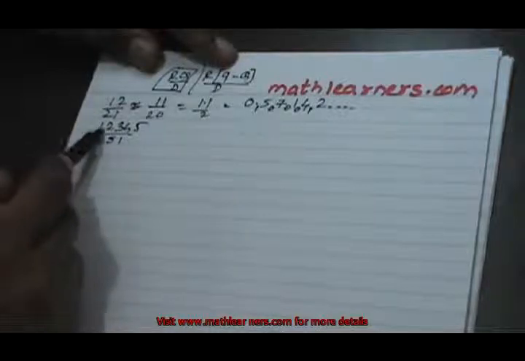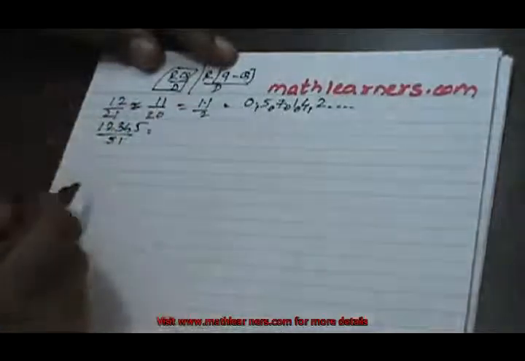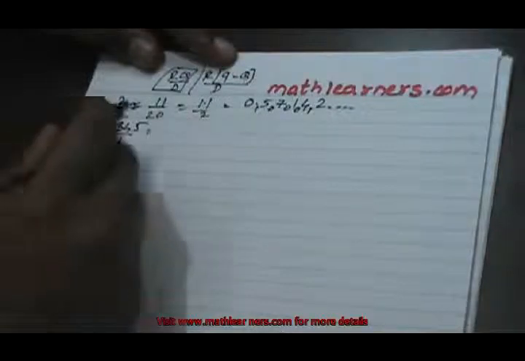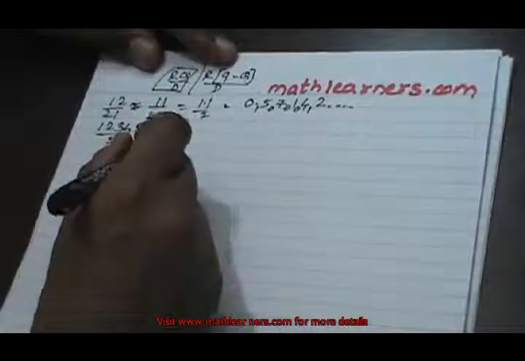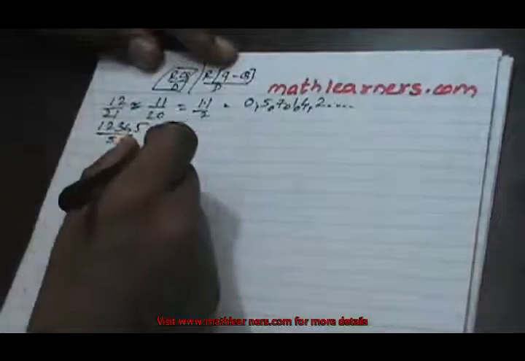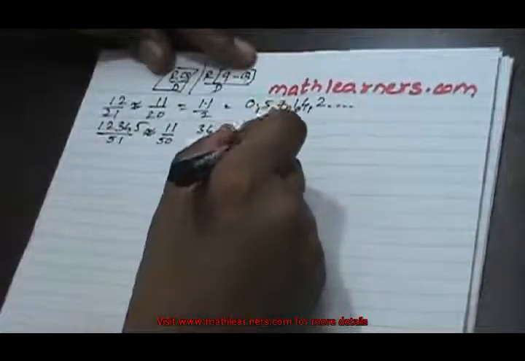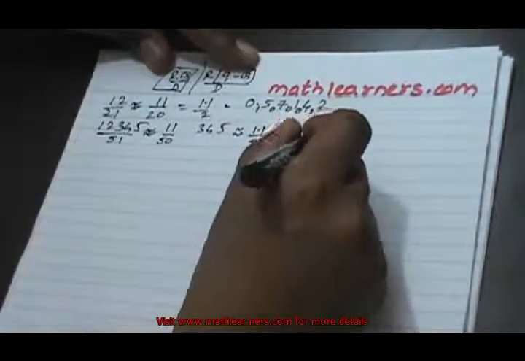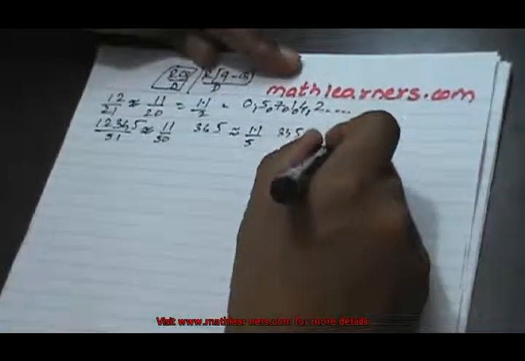So in this case 12 is less than 51, so we consider 12 and we decrement that number by 1, so it comes as 11, and this 51 will be decremented, so it will become 50, and this 3, 4, 5 will be our extra digits. So this can be written as 11 by 5, and 3, 4, 5 will be our extra digits. So 11 by 5 gives us 2 as quotient and remainder as 1.